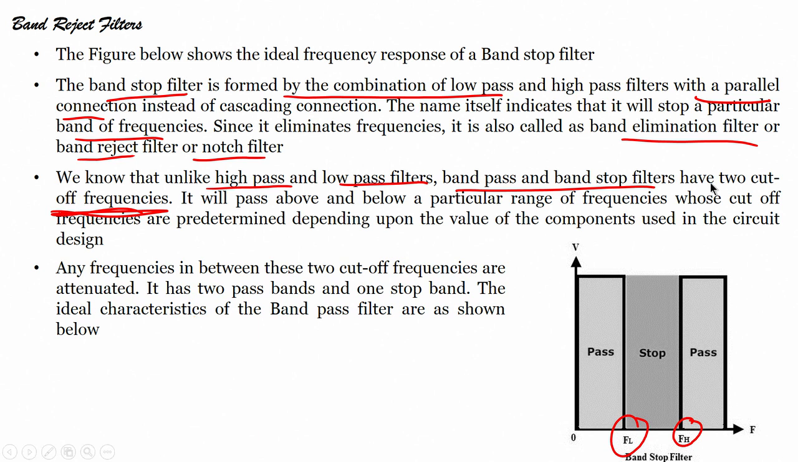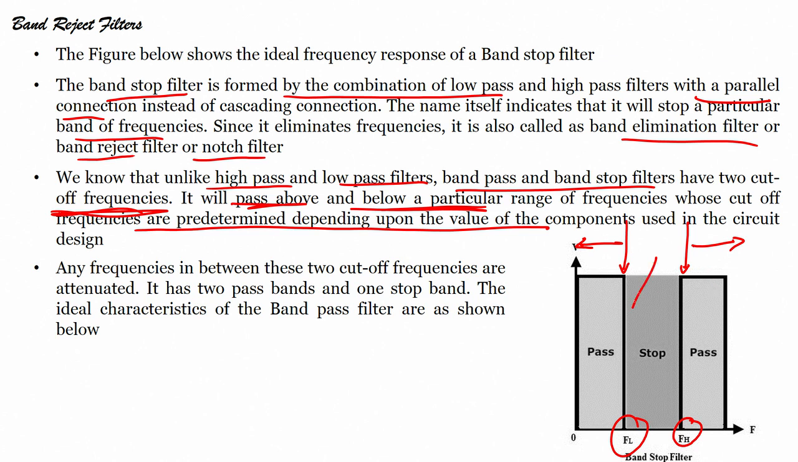it has 2 cutoff frequencies when we have band pass and band reject filters. It will pass above and below a particular range of frequency whose cutoff frequency is predetermined depending on the value of components in the circuit design. So, what does that mean? That here in this particular case it will pass all the frequencies below FL and all the frequencies above FH. It will only stop the frequencies between FL and FH. That means this band of frequencies it will not allow to pass,